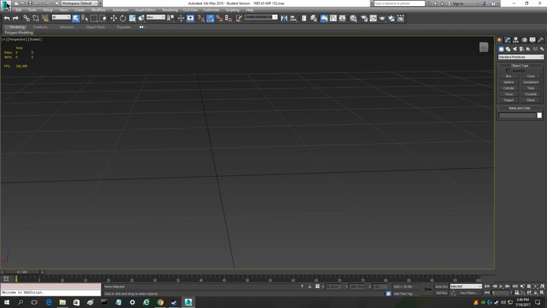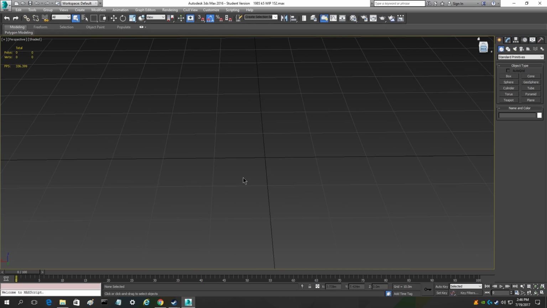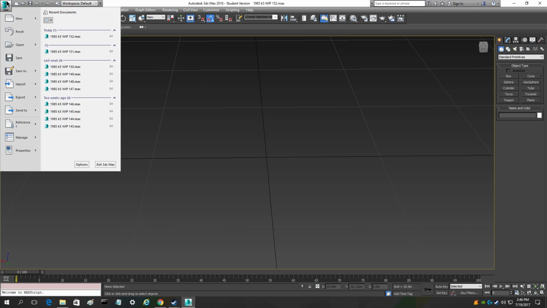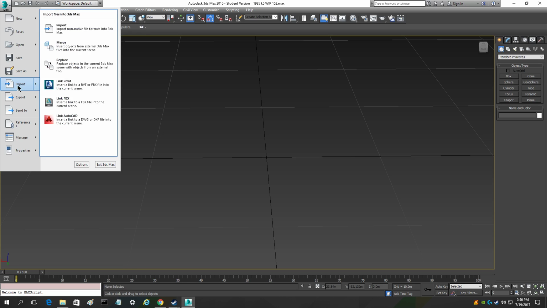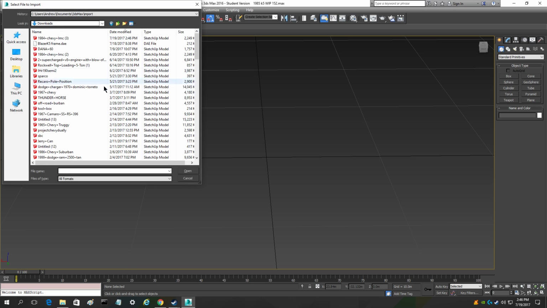You're going to make sure that everything is deleted on whatever page that you're working on, so you can right click and unhide all, hit Control A and hit the delete button on your keyboard. Once you've done that, then you can come over here to the Max button. You can come down to Import and click on Import, and then you're going to find where you saved your file. In this case it's in my downloads folder,